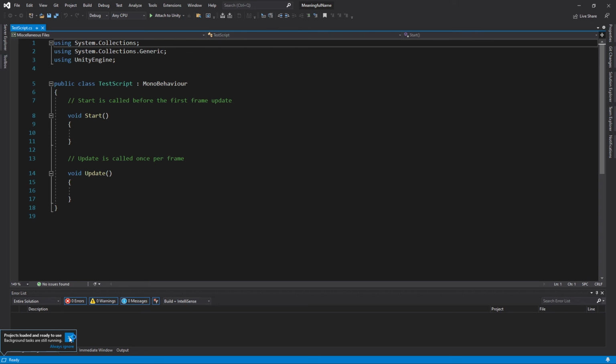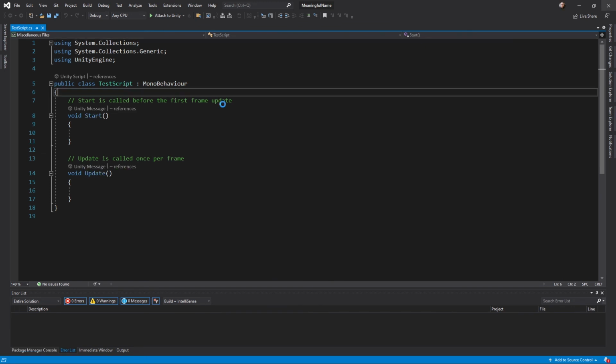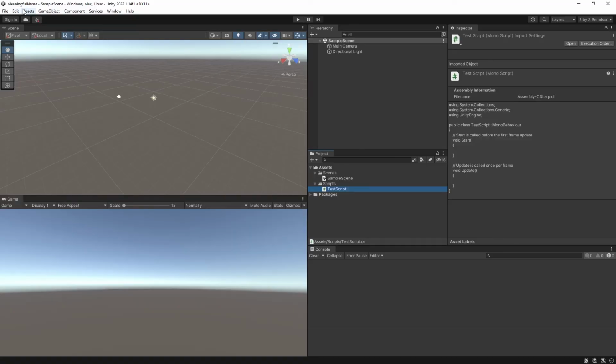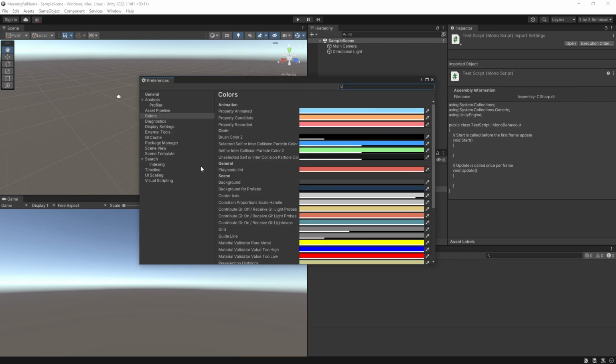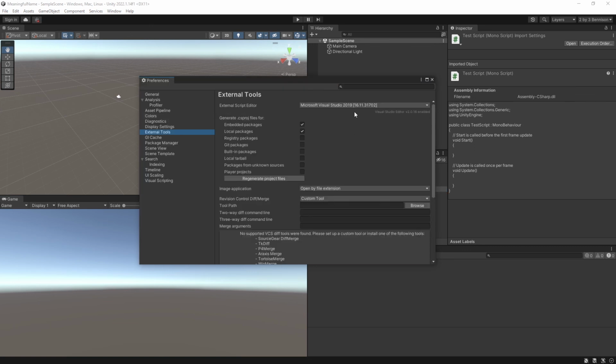What you'll find is if the syntax highlighting isn't right, the color isn't right, then also IntelliSense won't work. And IntelliSense is what makes Visual Studio so powerful. It helps us write our code and spot errors. So we need to fix this. So one thing is to make sure you have the Visual Studio Tools for Unity installed on Visual Studio. And if you followed that through properly, the next thing is to go down to Preferences, External Tools,